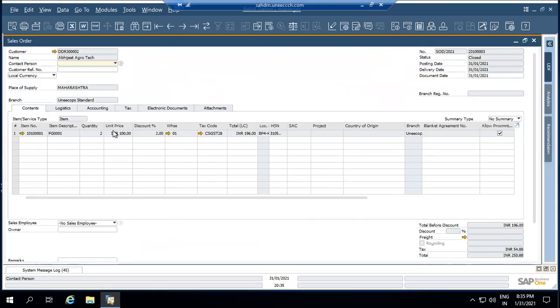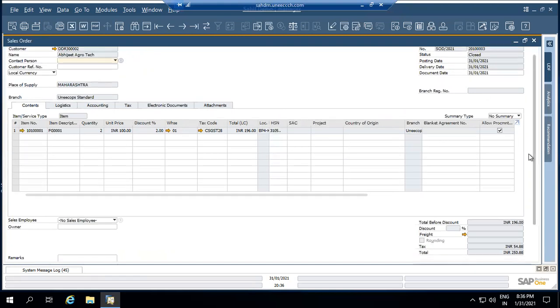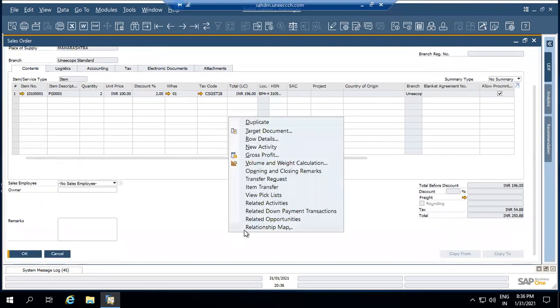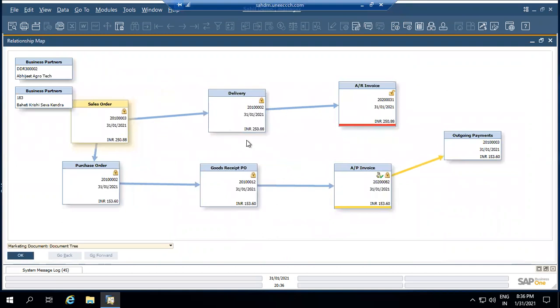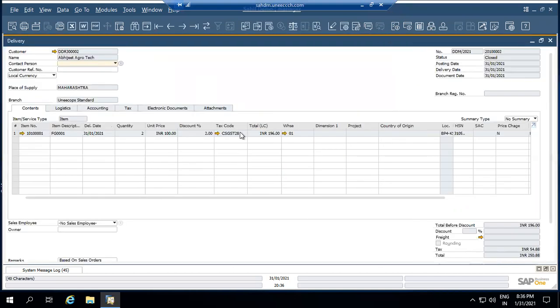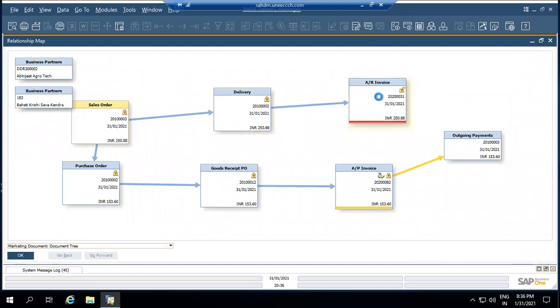Now, as I have received the quantity in my warehouse, I can create the delivery note against this sales order. To do that, I am again using that copy to feature and I have already created the delivery note here. So you can see here, delivery note is created. Based on this delivery note, if things seem very fine, I can create the commercial invoice or sales invoice.